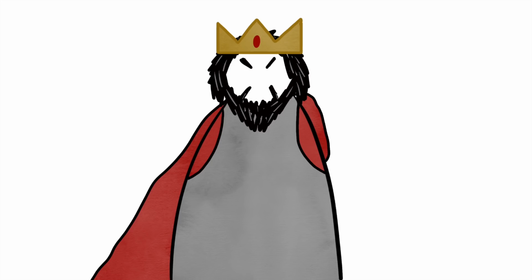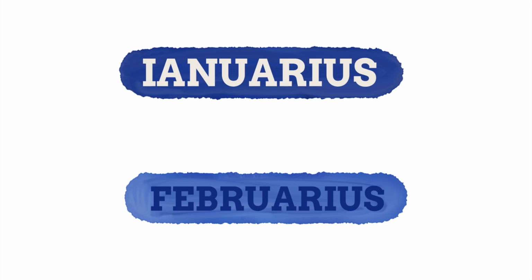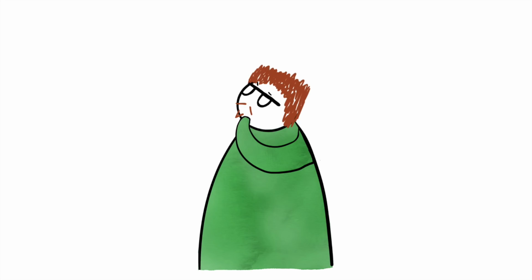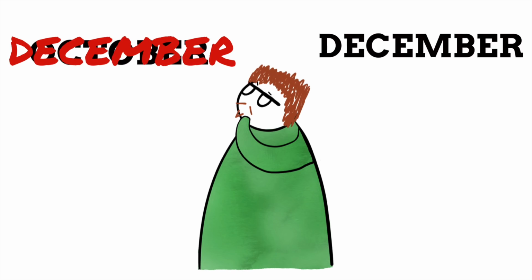It was his successor, Numa Pompilius, that added 2 extra months to the start of the year, these being dubbed Januarius and Februarius. With these 2 added months, not only is our modern calendar starting to take shape, but it also meant that the months named after numbers were no longer in the correct position of the year. Despite this, these names for the months stuck around. I guess if they did change, our October would now be December, and our December would be called something like